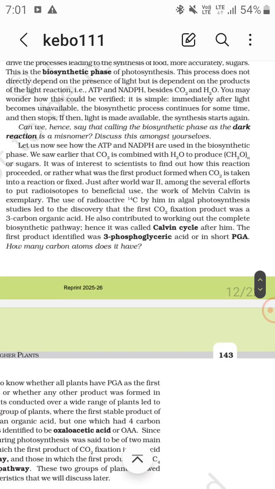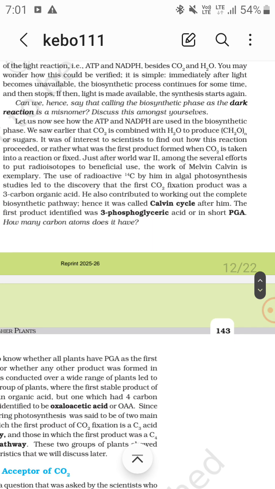So during World War II, Melvin Calvin used radioactive C14 in algal photosynthesis. Okay, this led to the discovery of the first CO2 fixation product, that is a 3 carbon organic acid, and it was a 3 carbon compound, and this was